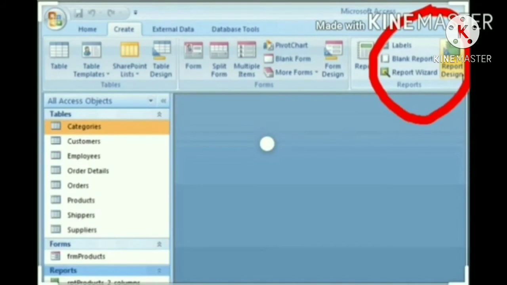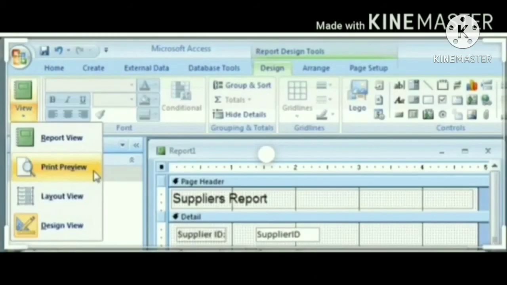We may set margins for the page containing the report. Under the Page Layout group, we may set portrait or landscape view for the report. Below is an example of the report of a table. To check how the report will look when printed, go to Print Preview in the Views group of the Design tab.